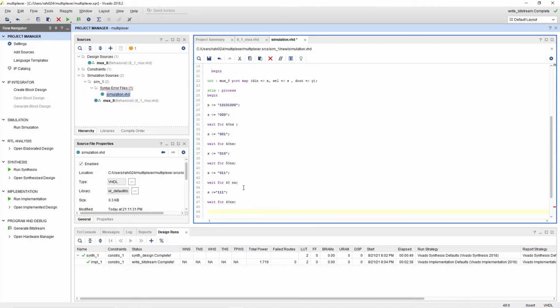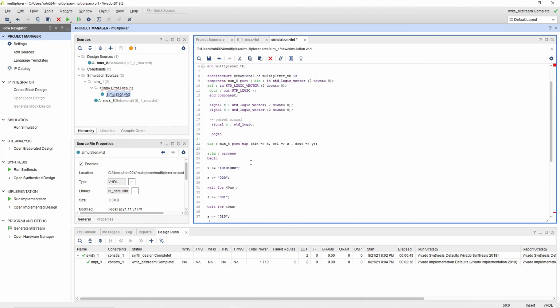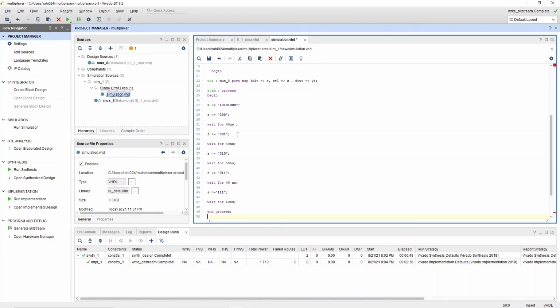Then I have to end the process, and after ending the process I have to also add this behavioral. Like anything you can write over here, architectural Shubham or architectural of any name. But the name should also end with the same name, like end behavioral. I think now your test bench is successfully compiled.